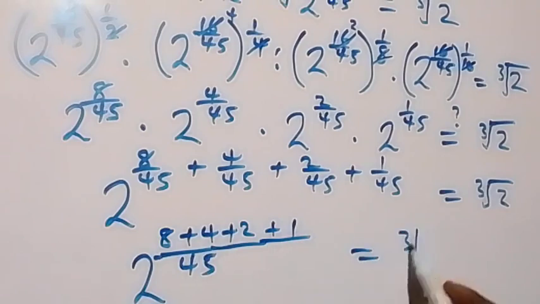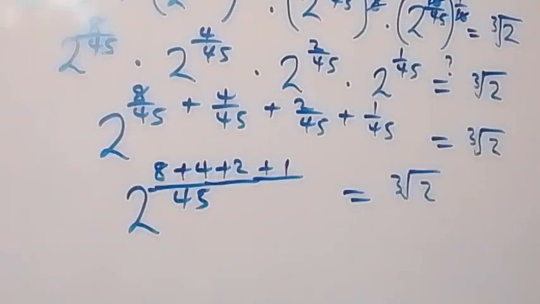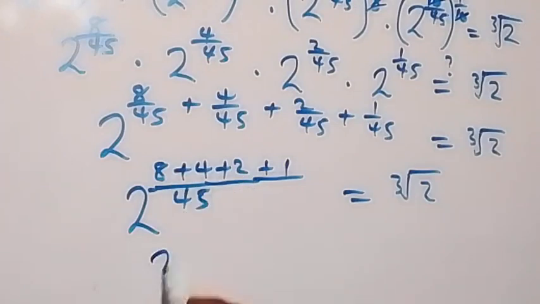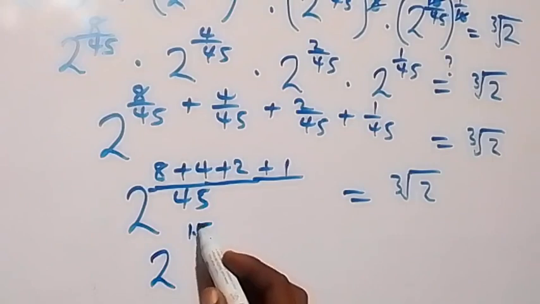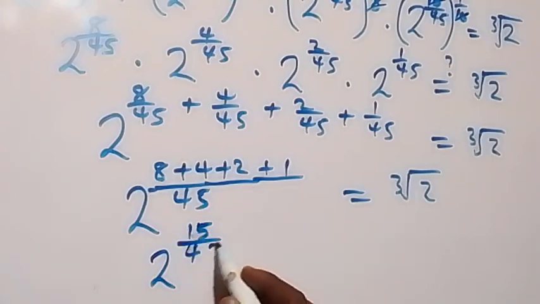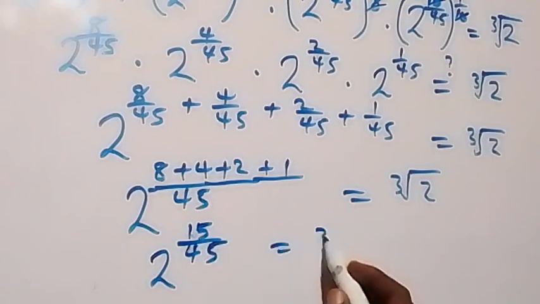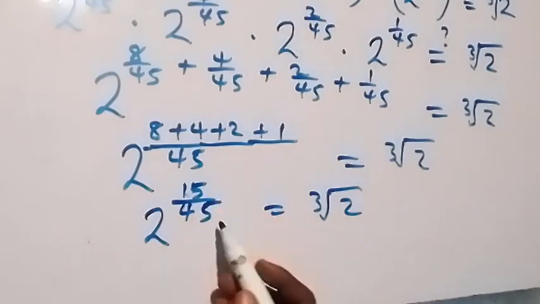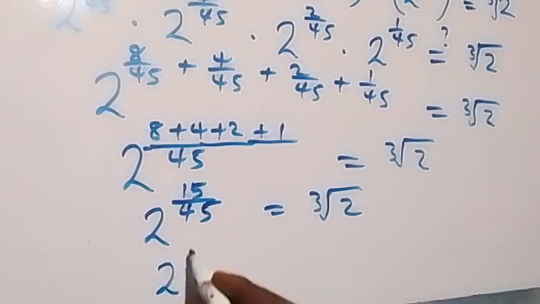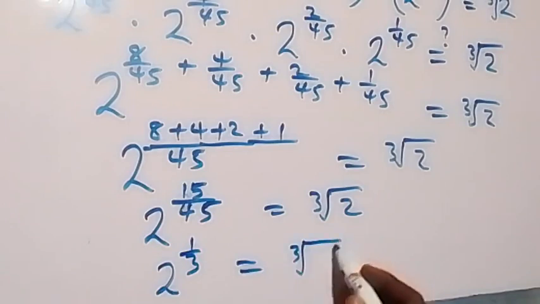Now is equals to cube root of 2. Then here, this is 15 over 45, that's 2 raised to power 15 over 45 from here is equals to cube root of 2, and from here 15 in 15 1, that's 1 over 3 there, so we have 2 raised to power 1 over 3 is equals to cube root of 2,